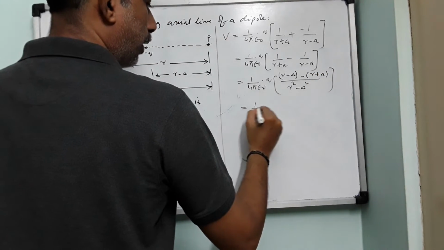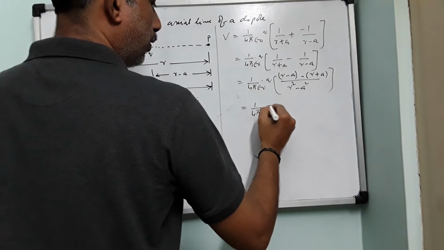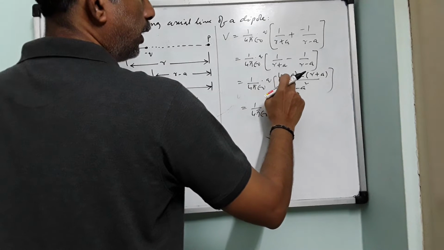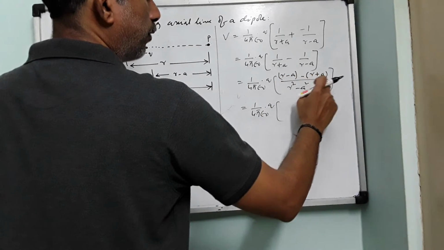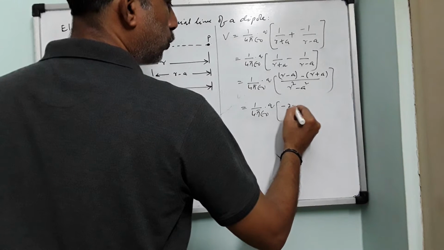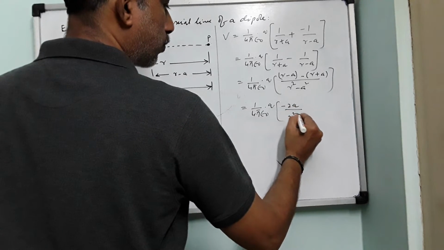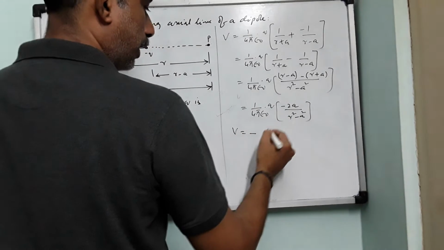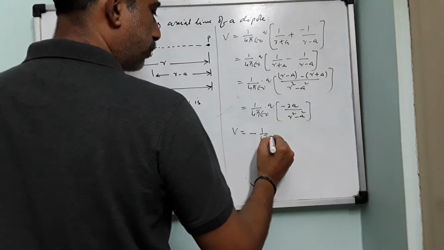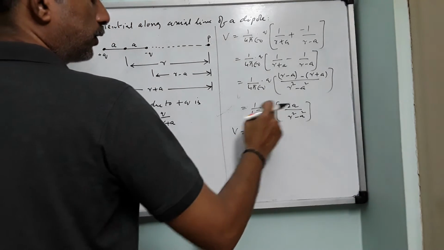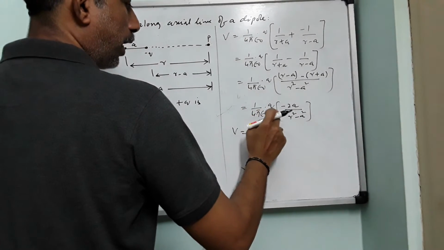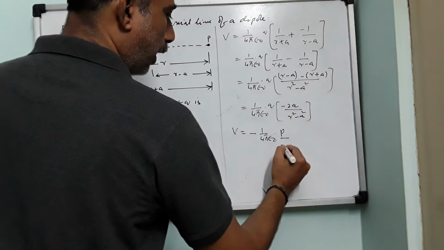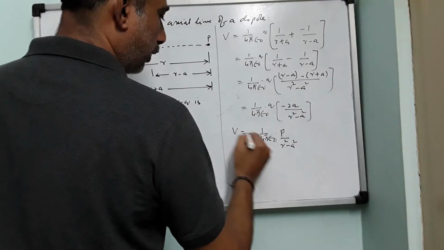So this is 1/(4πε₀) × Q. r minus r will be cancelled. Here is minus a, minus of plus a will become again minus a. You have minus 2a divided by r² − a². So if I write this minus outside, I will get −1/(4πε₀). Then you are left with Q into 2a, which we name as dipole moment P, divided by r² − a². So this is your derivation,